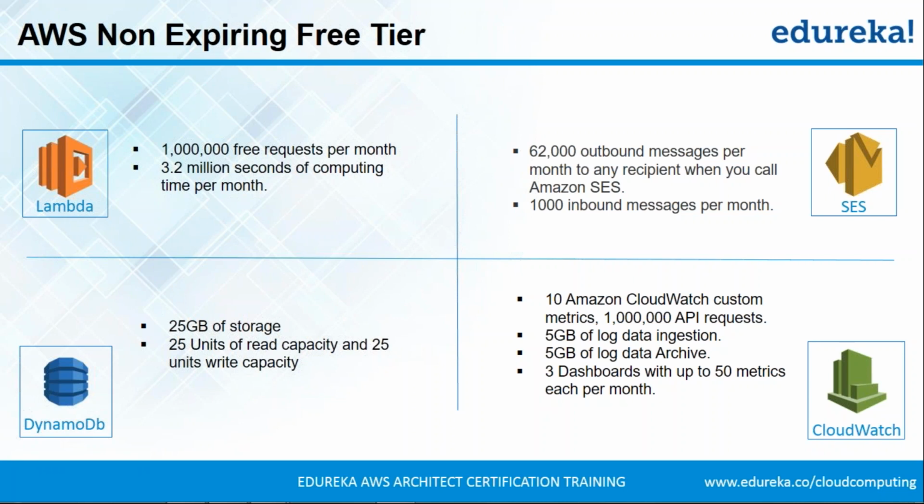20 units would be like 200 requests, and 25 units would be like 250 requests, right? So this is just an example to make you understand, Theon, but in a way you can make 250 requests in DynamoDB for free. As in, you can use 25 units of read capacity for free in DynamoDB. Now, the same can be applied to the write capacity as well.